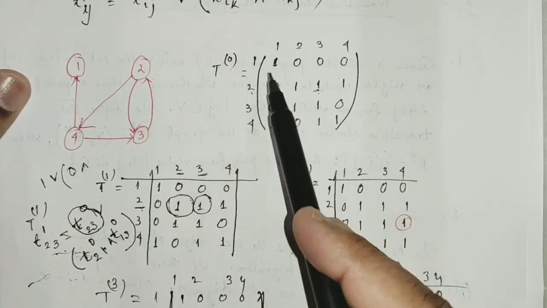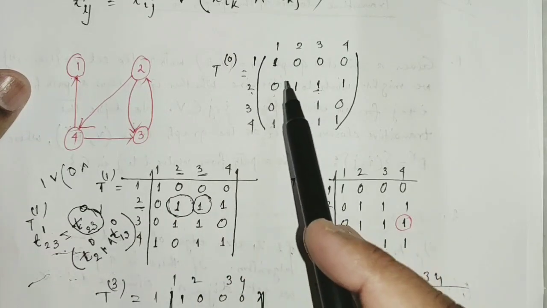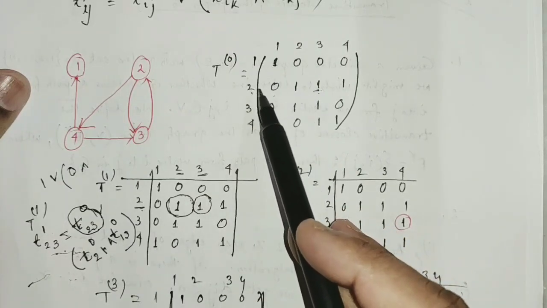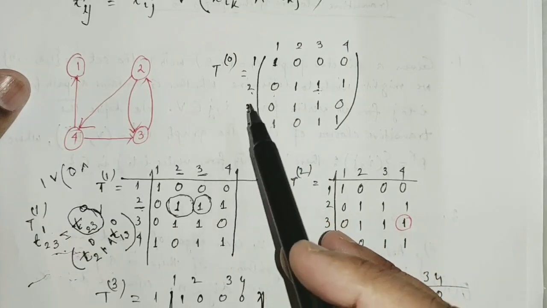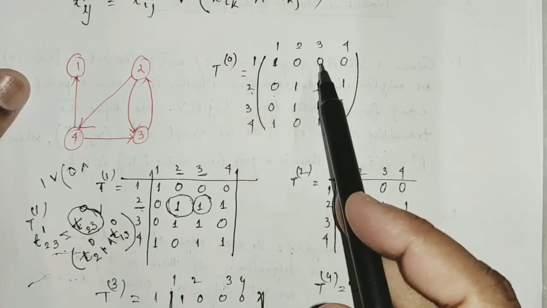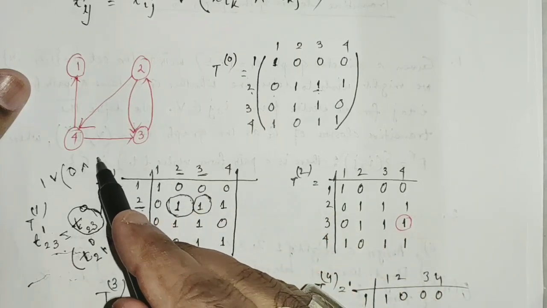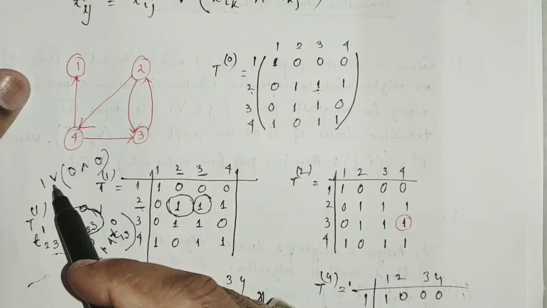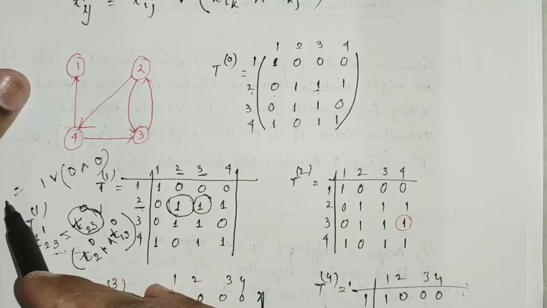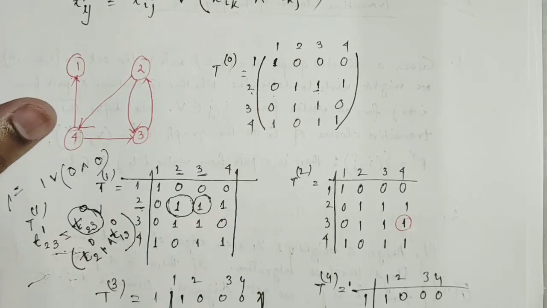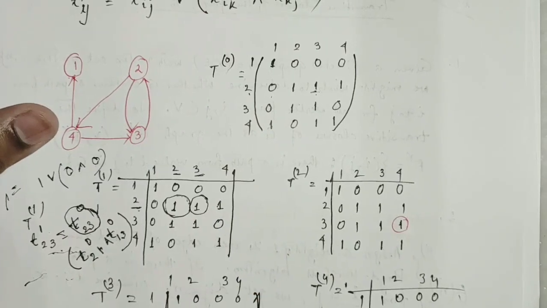T0 of 1, 3, well, T0 of 1, 3, 2, 2, 1, 2, 2, sorry, am I writing 2, 2, 1? Yes, and 1, 2, 3, 1, 2, 3, it is also 0. So ultimately 0 and 0 is 0, so 1 or 0 is finally 1, so this is 1. Okay, so in this way you can calculate.